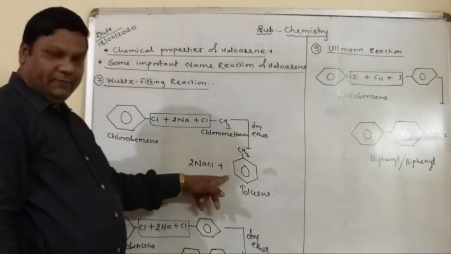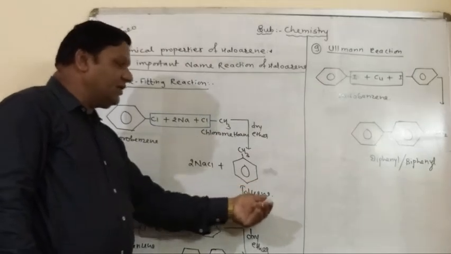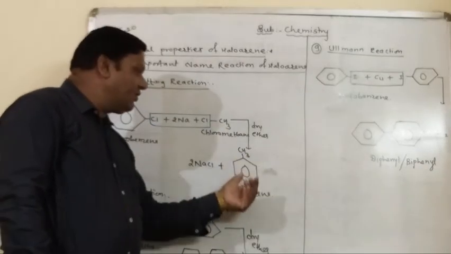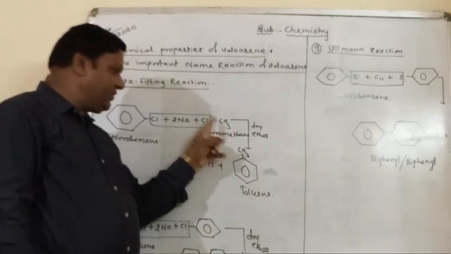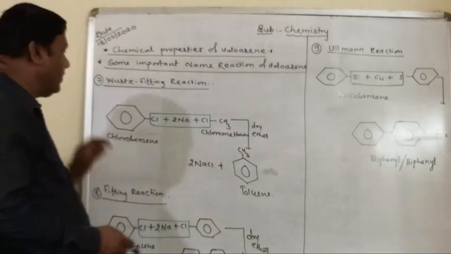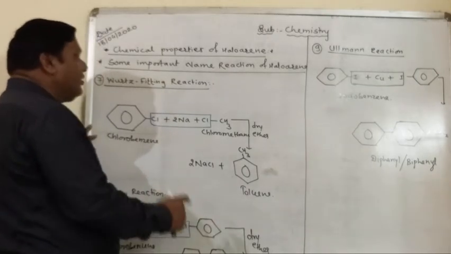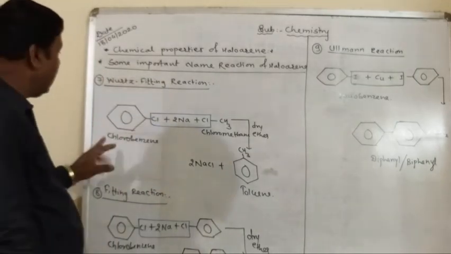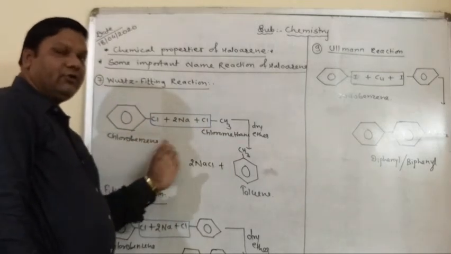So to get an aromatic compound, meaning the side chain on benzene. So it is an alkyl benzene. So the alkyl group comes from the alkyl halide and benzene from chlorobenzene. So here there will be elimination of NaCl, just like in the Wurtz reaction. But in the Wurtz reaction, in place of chlorobenzene, we take again methyl chloride and you will get ethane